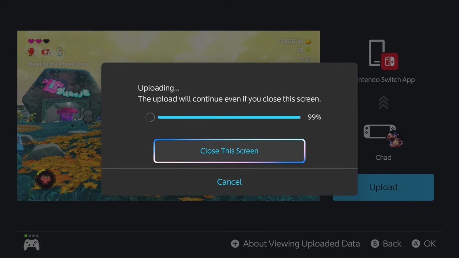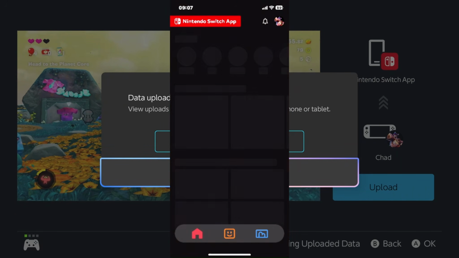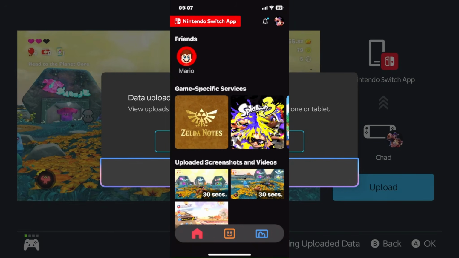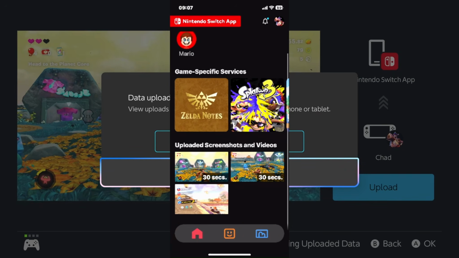So once the clip has been uploaded, you can go onto your phone, and you want to download the Nintendo Switch app for free from the App Store. Now, when you first open it up, you will have to sign into that Nintendo Switch 2 account where you uploaded the clip, and if you have a look at the bottom of your screen, you'll be able to see